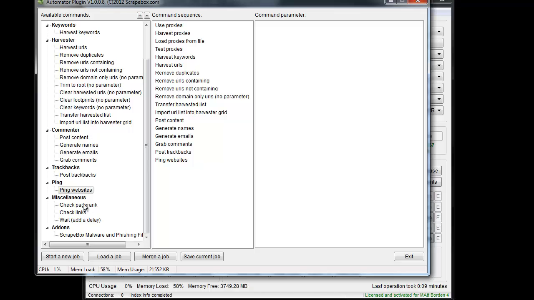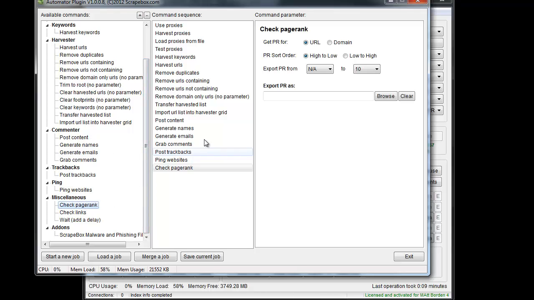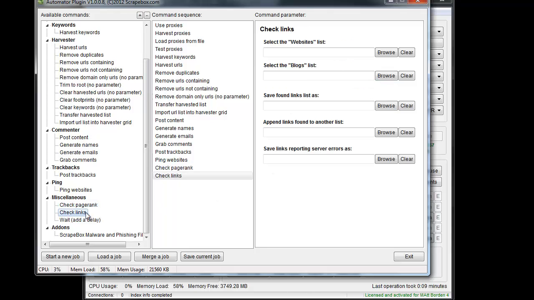Then under miscellaneous, we have check PageRank, which lets you select the domain or URL PageRank. You can sort it, and then you can export a certain range, and then this is the export list. So browse to where you want to export it. Check links, pretty basic. You select your websites and blogs, and you can save the found, append the found to